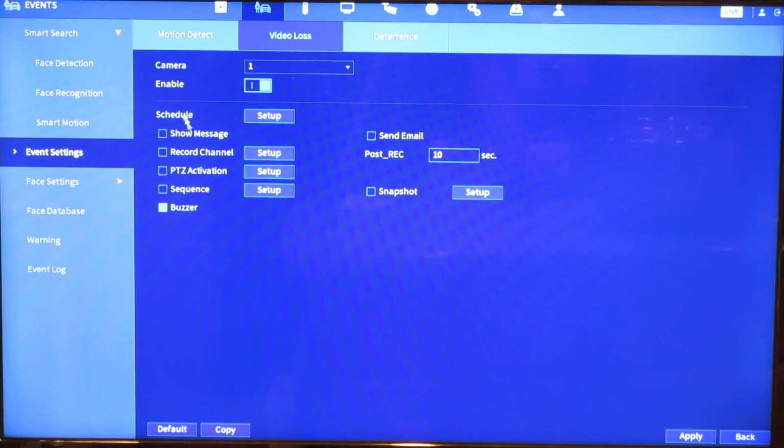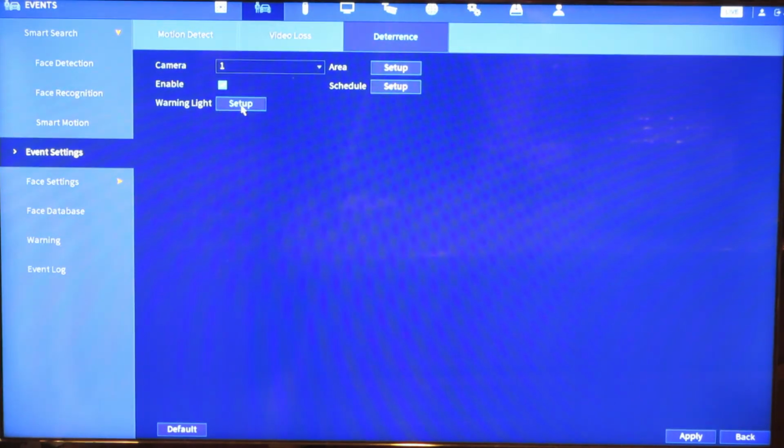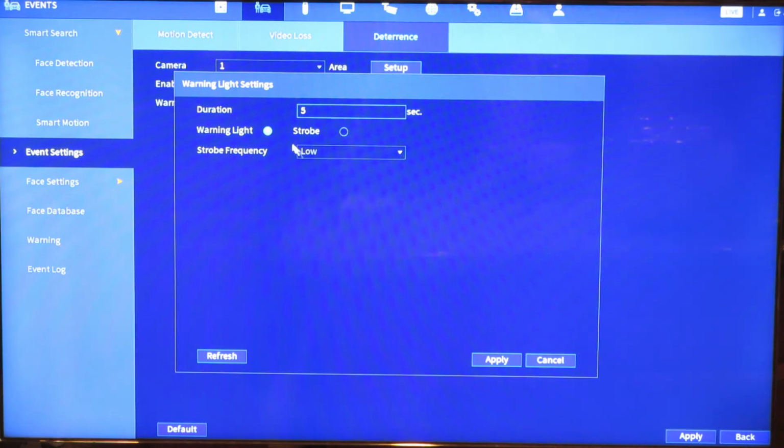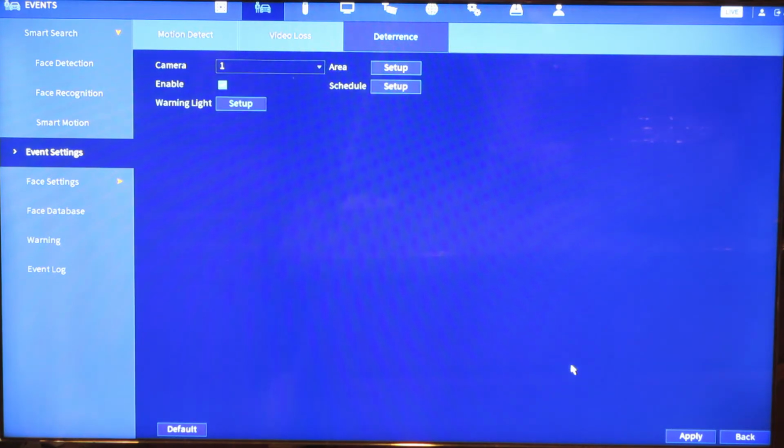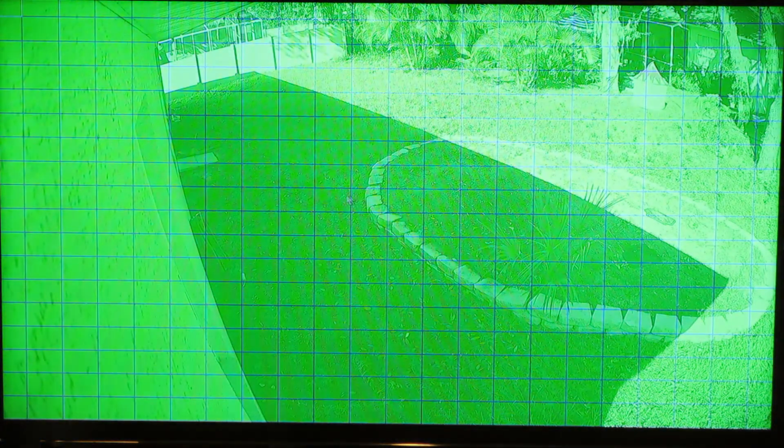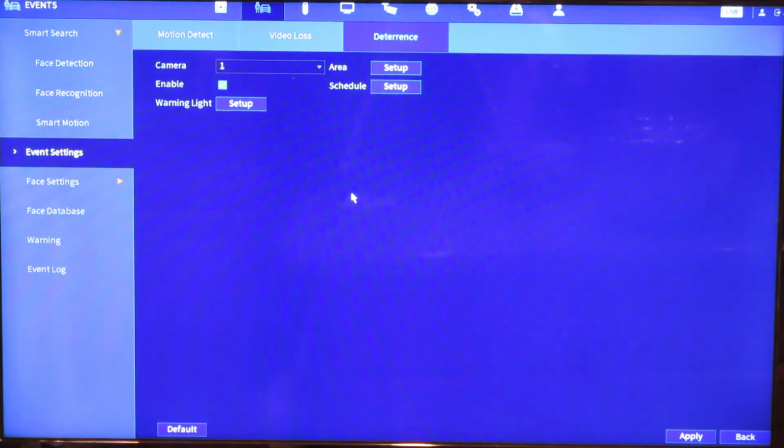And there's some other things here. I guess you could do a sequence, and then it'll buzz every camera on the system that you had a camera failure or something. It's more of a deterrence. Here's the deterrence actually, and you can set up a warning light. It could be a strobe. The light is an LED. If they look, they can see it, but if you're not paying attention, you could almost just ignore it. If you strobe it, it most likely would be more of a deterrent, I guess, because then you'll notice something blinking. Actually, I might want to do that sometime. And you could block out certain areas again that you don't want the event to occur.